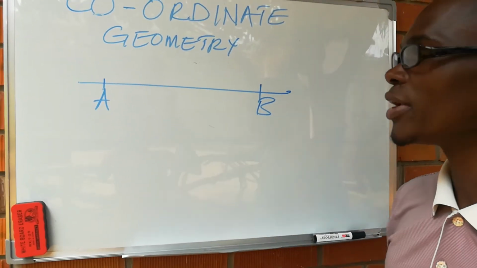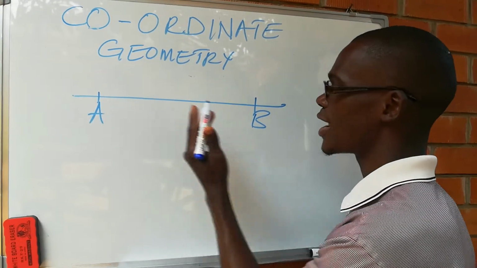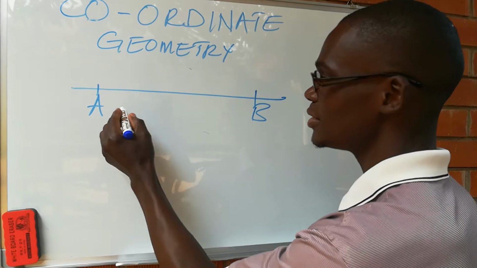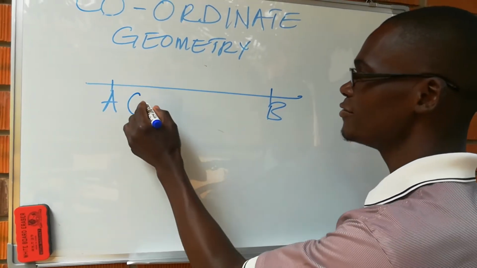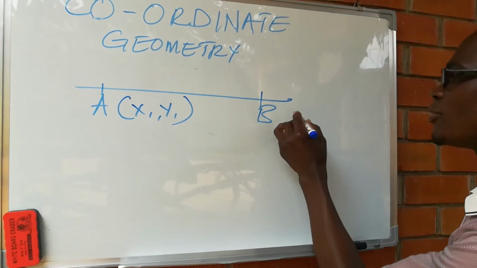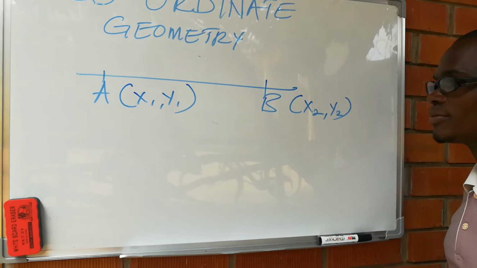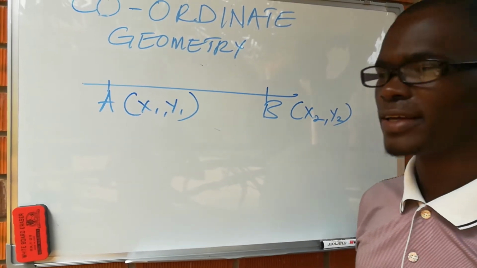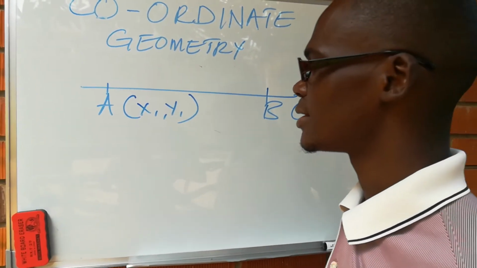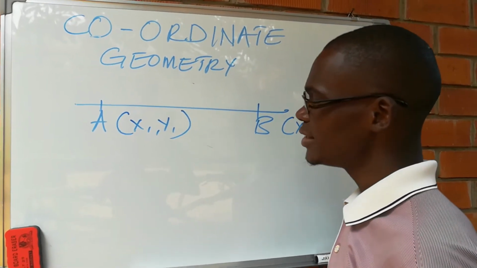So assuming we have our line that passes through points A and B, and at A we have x1, y1, and at B we have x2, y2. Let us start with finding the gradient of this line. Finding the gradient